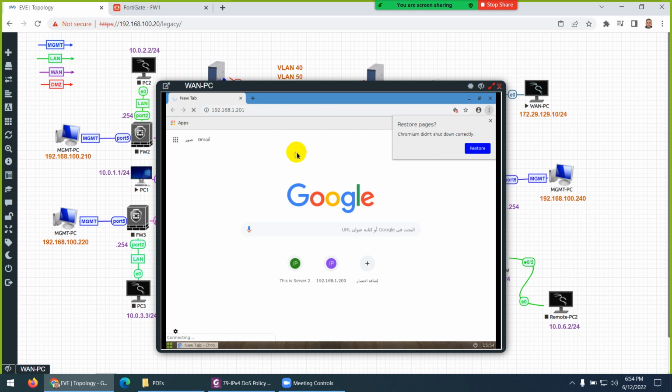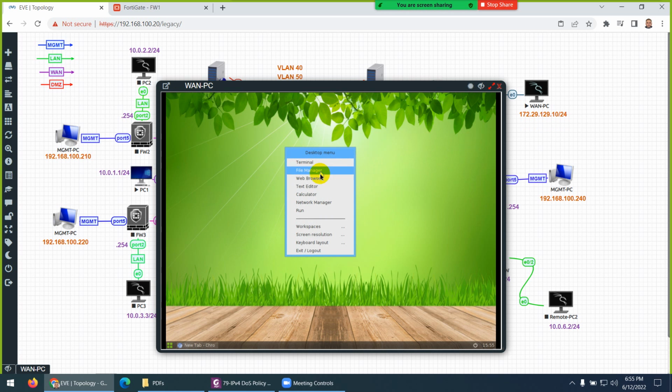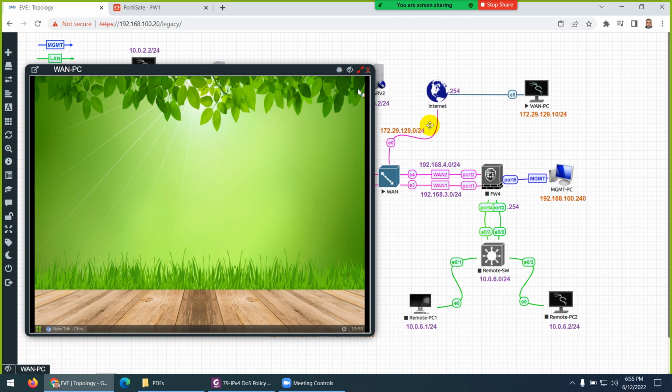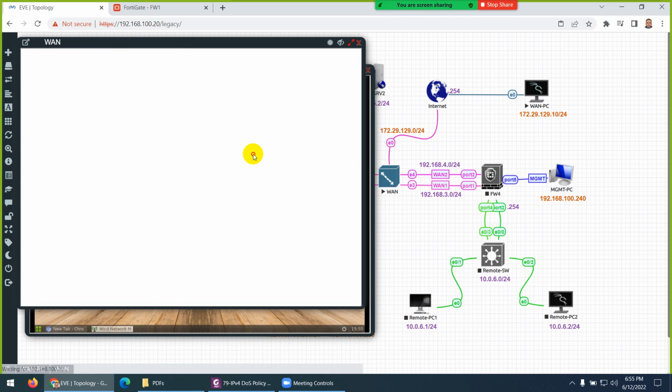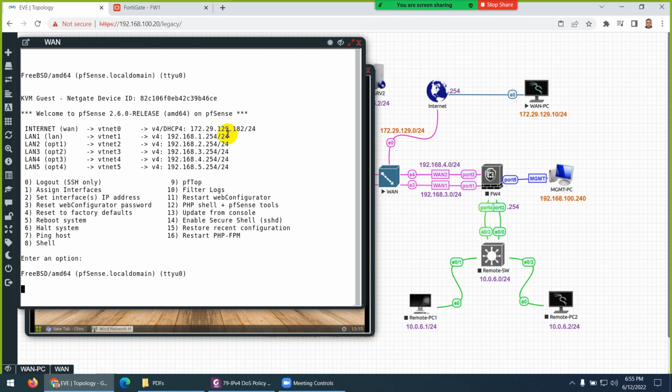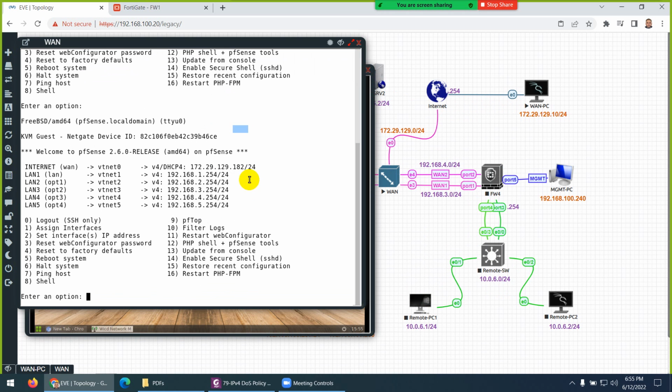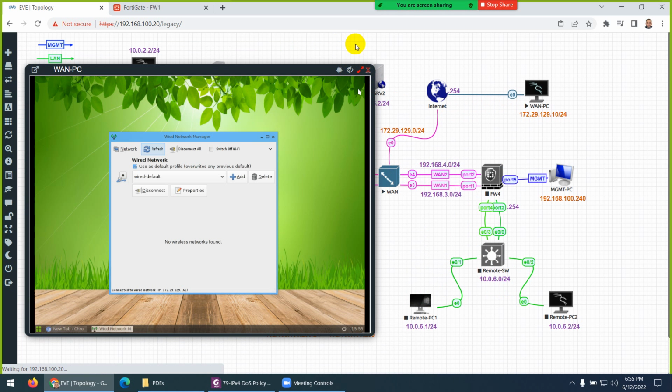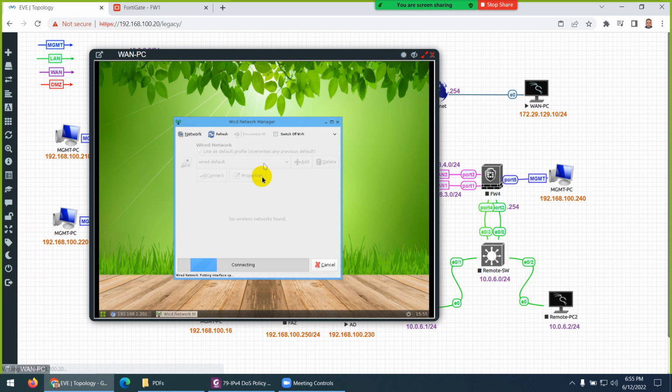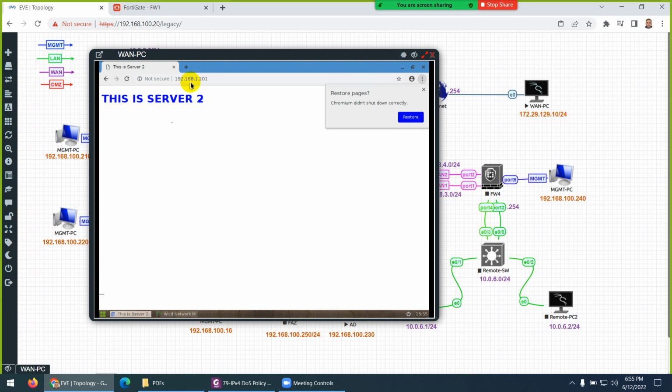Okay, so let's see 201. If it is not open, the reason is that this external system's gateway has to be, so let's go to Network Manager, the gateway doesn't have to be 254, it has to be our WAN IP, because the traffic will go out and will not reach us. This is a lab, so you definitely need to use this IP. So this can be the reason. Just disconnect and connect again so it can get this gateway, which we already configured statically, but sometimes you need to do this. So now if you access server 2,